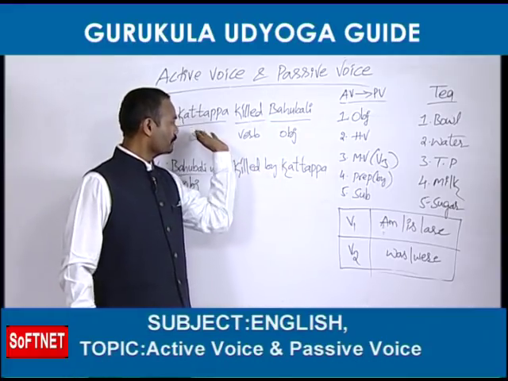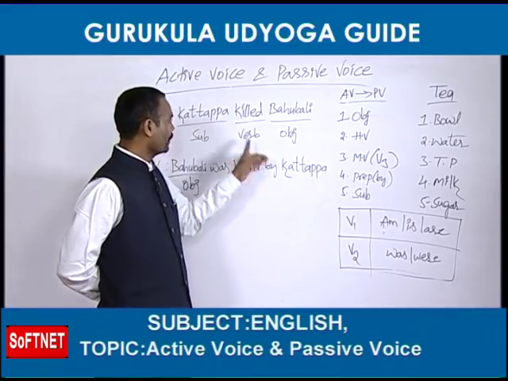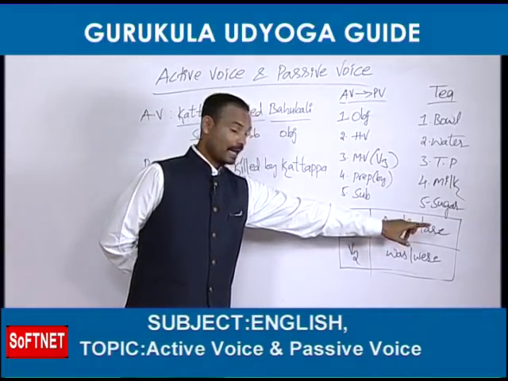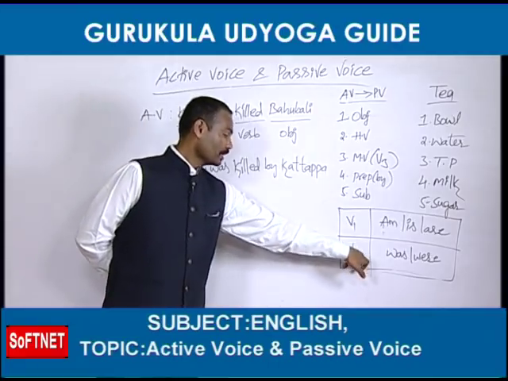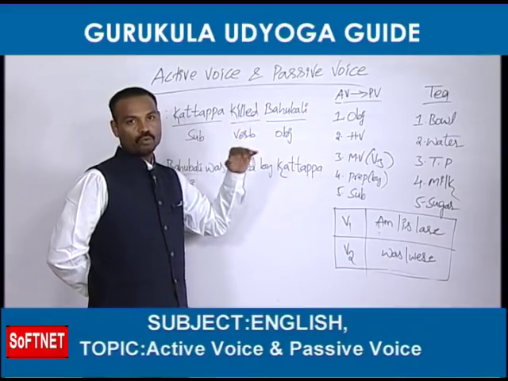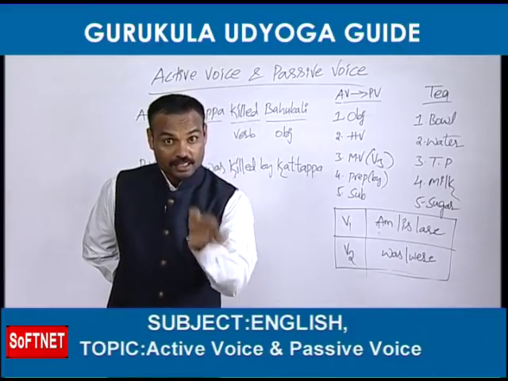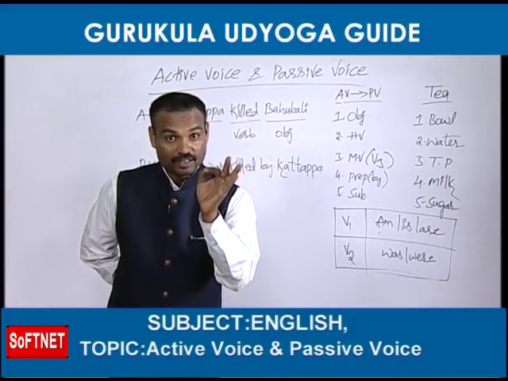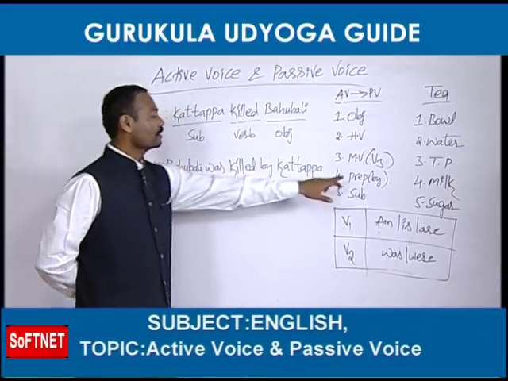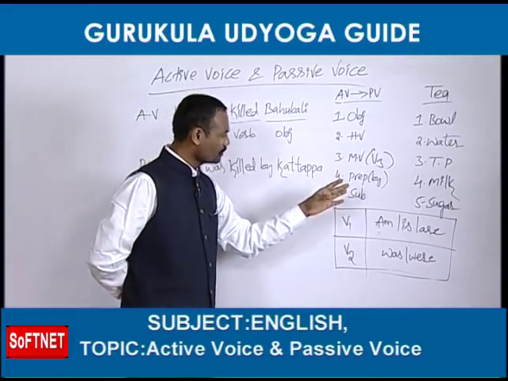Sometimes the helping verb, the be form, is given in the active voice. If they don't give the helping verb in the given active voice, you can depend upon the main verb. If the main verb is in the first form, you can select from this list: am, is, are. If the main verb is in the second form, V2, you can select from was, were. Then next, the main verb. I have already told you that whatever main verb has been given in the active voice, that main verb only should be taken, but the condition is that it should be changed into the third form in passive voice. That's fine. Next, the preposition, that is by. In 90% of examples, we can use only by.